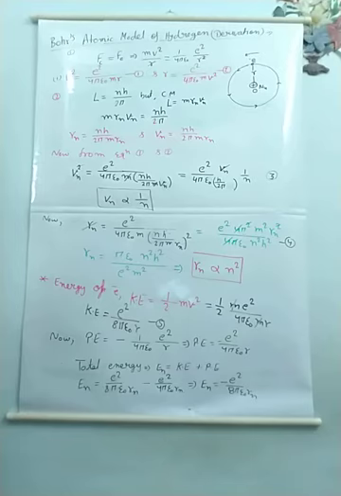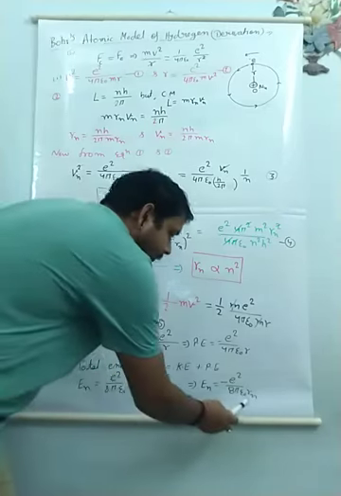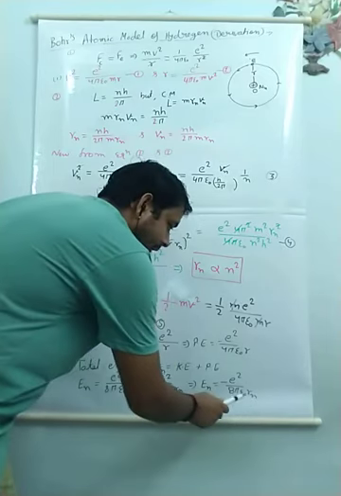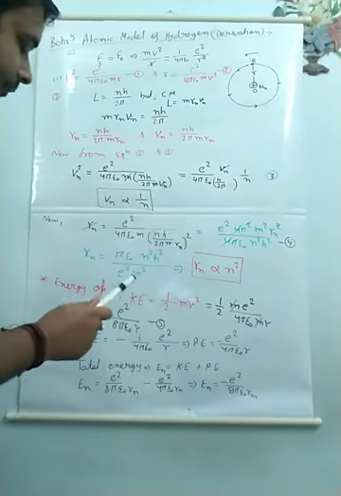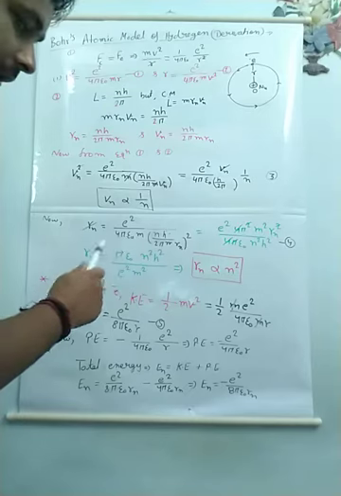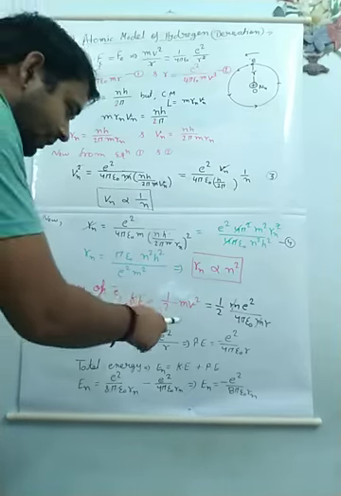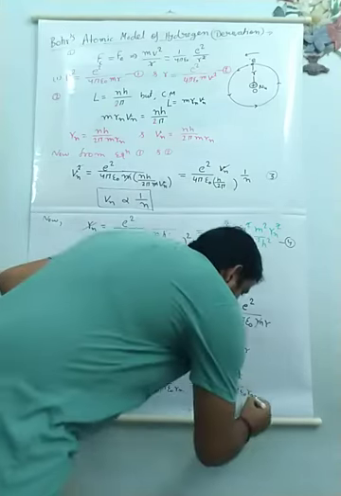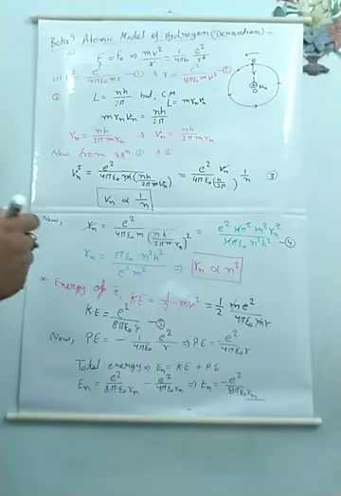Okay students, copy till this point. Then after we put the value of Rn in the energy, which gives us the energy of electron in the nth orbit. So first copy till this point. Then we are going to derive the